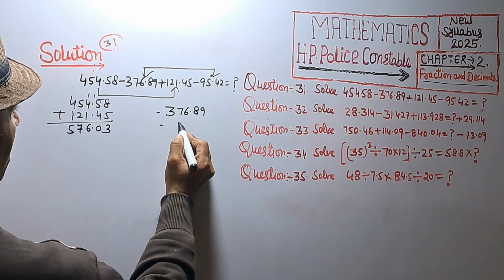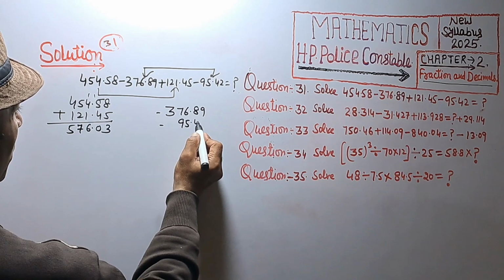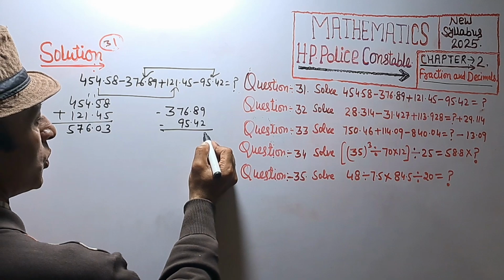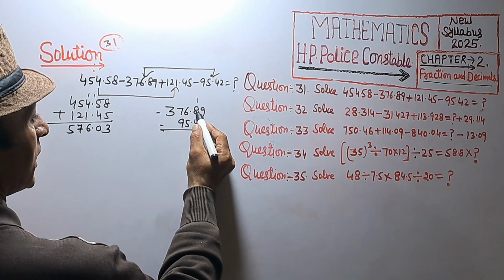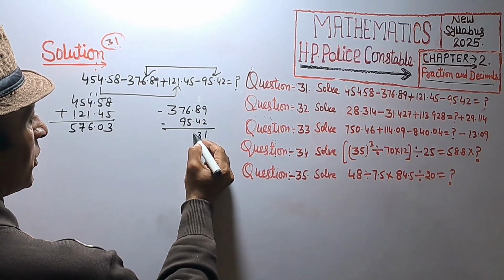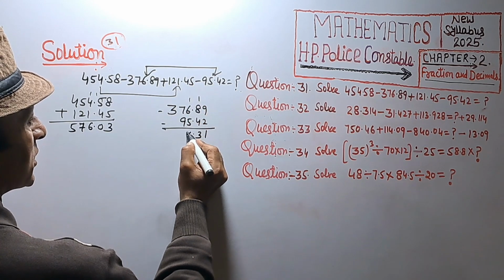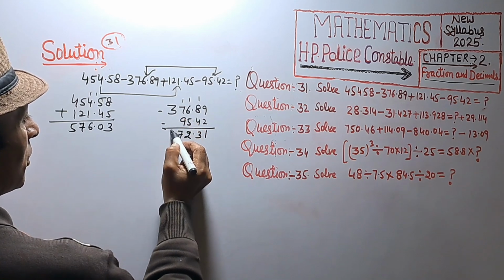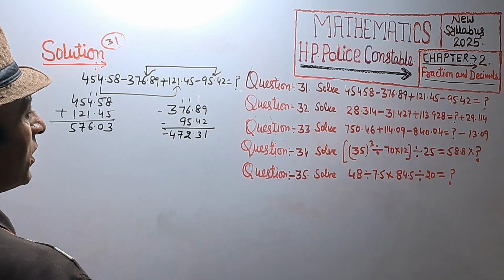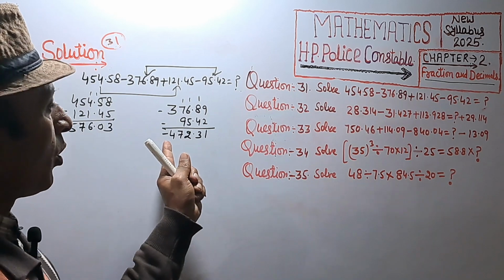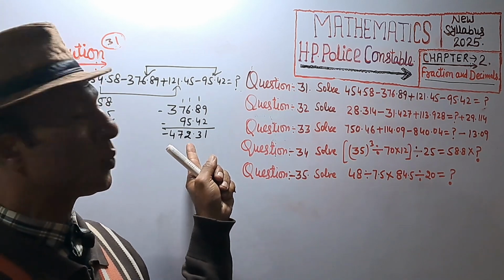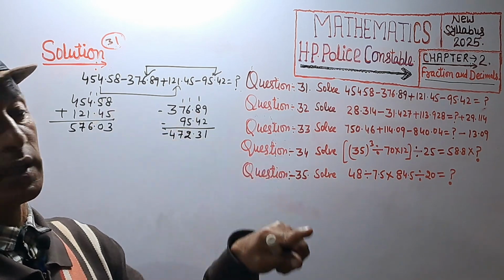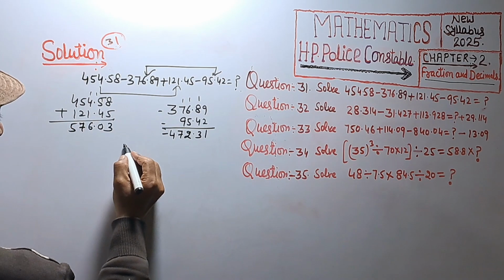376.89, 95.42, and their sum is 9 plus 2, 11, 1 carry, 8 plus 4, 12 plus 1, 13, 1 carry, 6 plus 6, 12, 1 carry, 9 plus 1, 10, plus 7, 17, 1 carry, 4. That is negative number. Sum of negative number is 472.31 and sum of positive number is 576.03, and their subtraction is